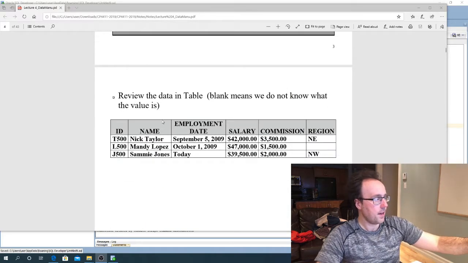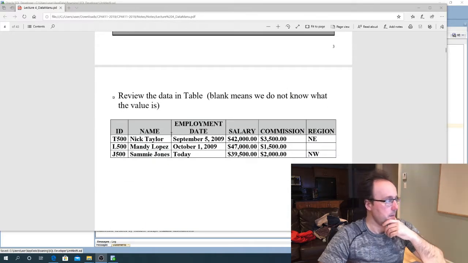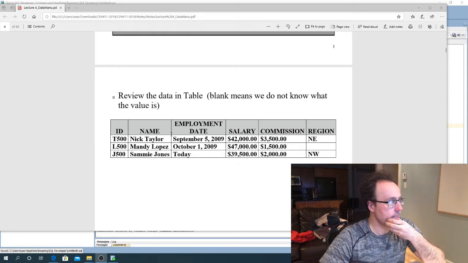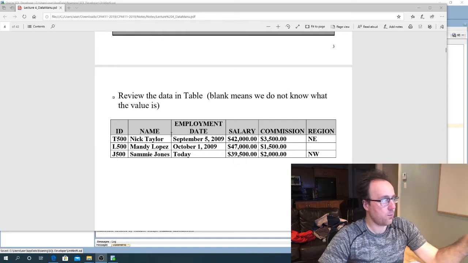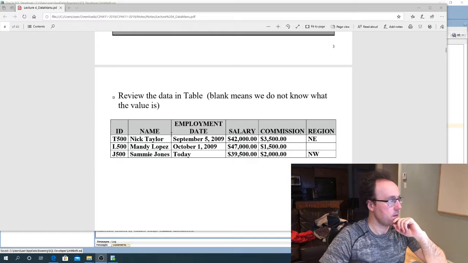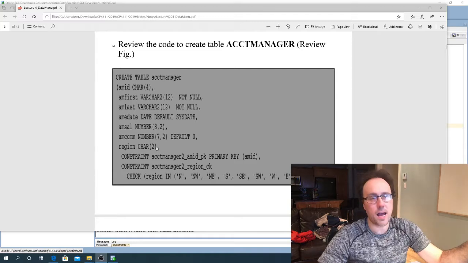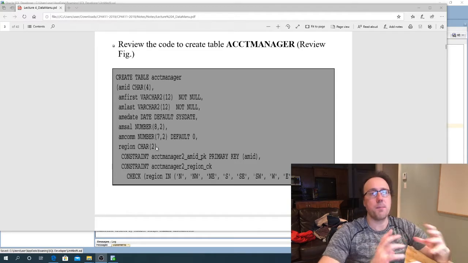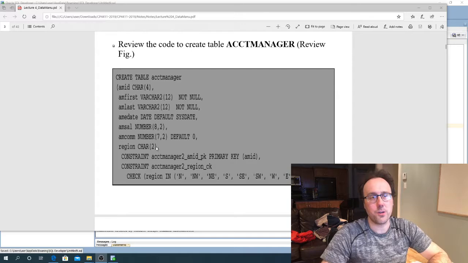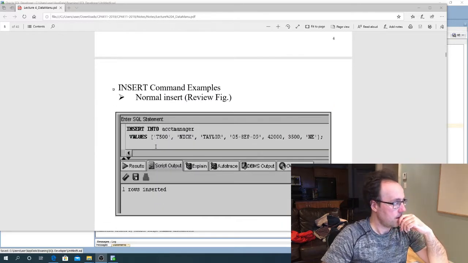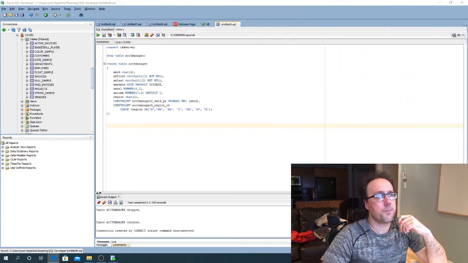Okay, so I have some data here that I'm going to be adding to this table. And we have the 7 columns listed here. And you'll notice that in the second entry, the region is omitted, but region doesn't have a not null constraint, so that means we can add a null value to that column. Okay, so let's switch over now to